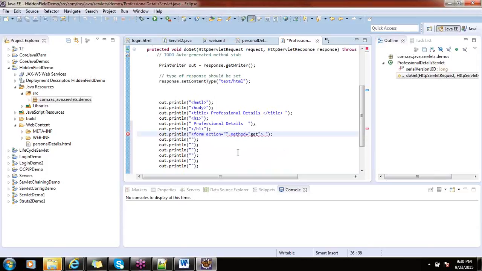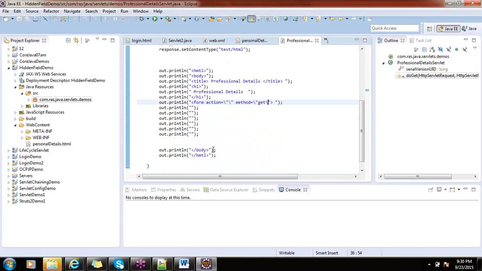So here I need to use double quotes. So let me give like this. Fine. Form closing, right? Somewhere down. So I close that form here. Inside the form, I need to display those professional education and qualification, right? Yes, I am displaying